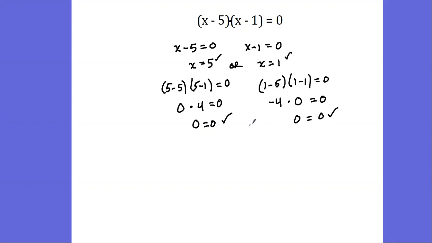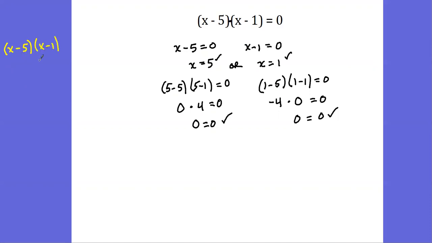Now, before I leave this video, I want to point out one thing for what's going to happen in the future. In the future, when you look at an equation like this, you might not have it written in factored form. And we learned in a previous lesson, and this is actually good review, that if I want to do x minus 5 times x minus 1, if I want to multiply this out and rewrite this expression,